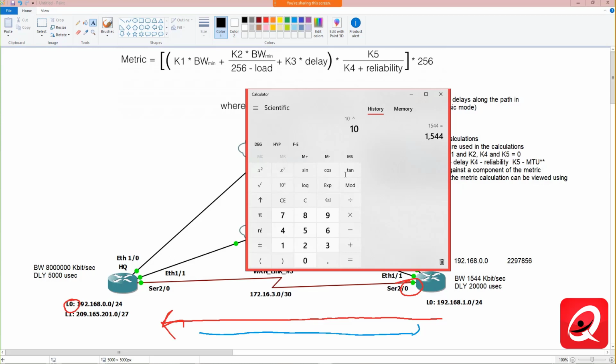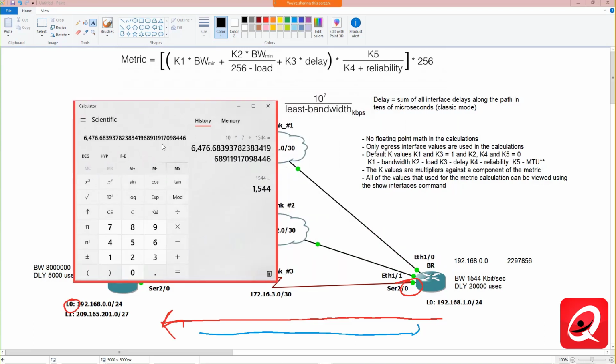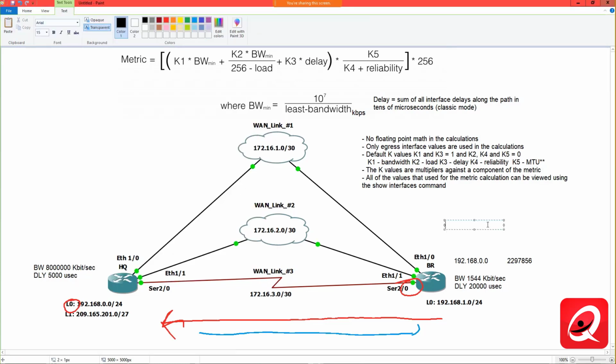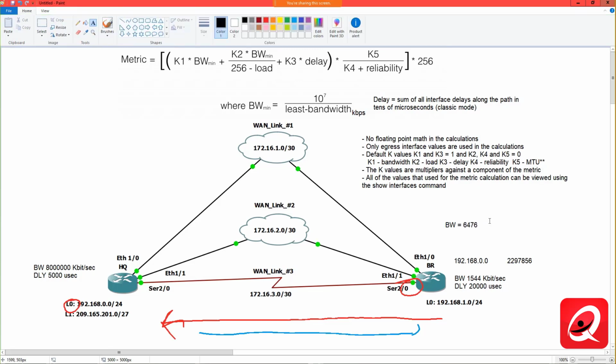10 to the power of 7 divided by 1544 equals 6476. Remember, there's no floating point math, so we need to drop the remainder here. So from the perspective of the metric here, the bandwidth calculation is equal to 6476. All right. Now we do have to multiply that whole thing by 256, but let's go ahead and calculate our